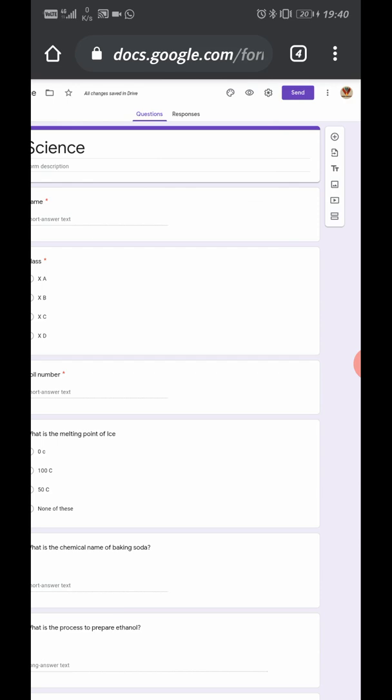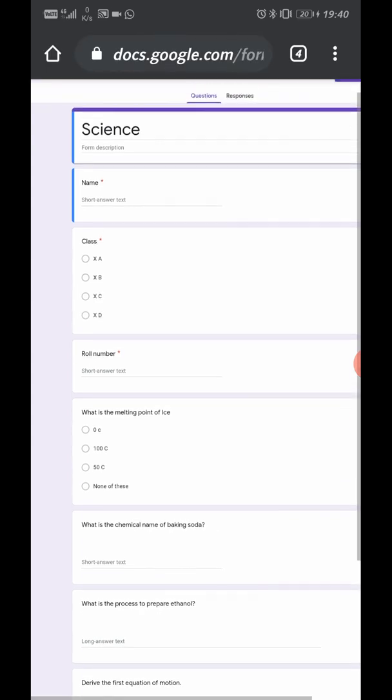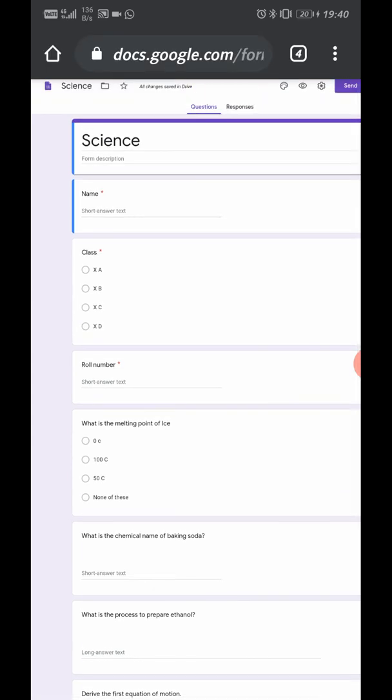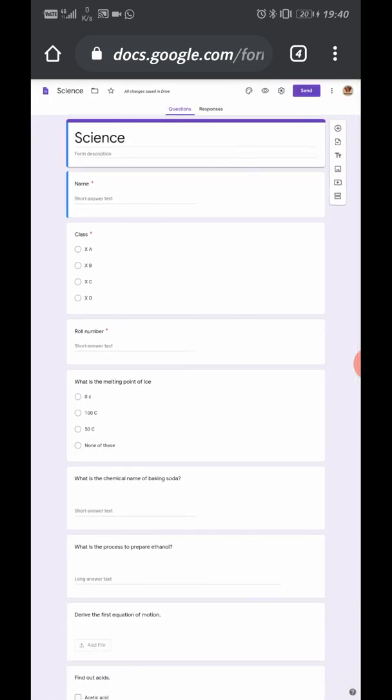Either with WhatsApp, because all of us are using WhatsApp to be in contact with our students, or any other messaging apps. It may be a text message or any way we can use to share this link. Now this is the way by which we can assess our students. If you have any query, any question related to this, you can send me, share any suggestion with me.